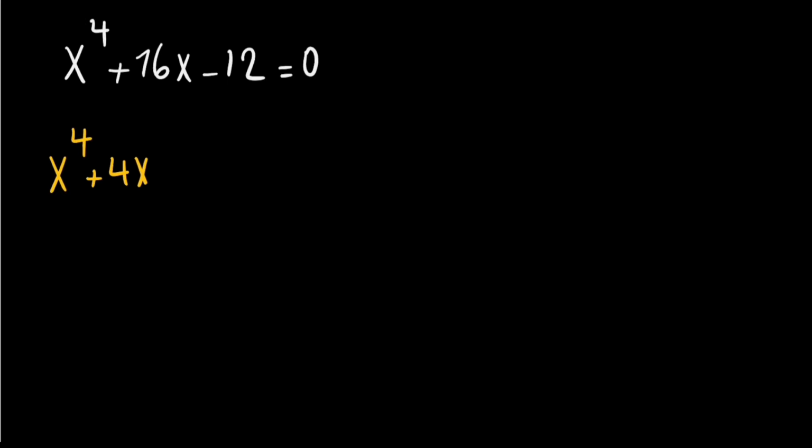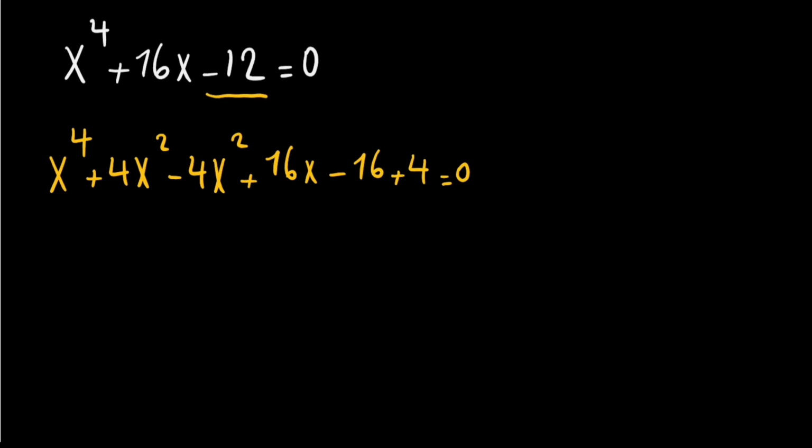So for the first step, I wanna add 4x squared and minus 4x squared plus 16x. Instead of minus 12, I want to write minus 16 plus 4. That's equal 0. Why? Because minus 16 plus 4 will be equal minus 12 or negative 12. So it means